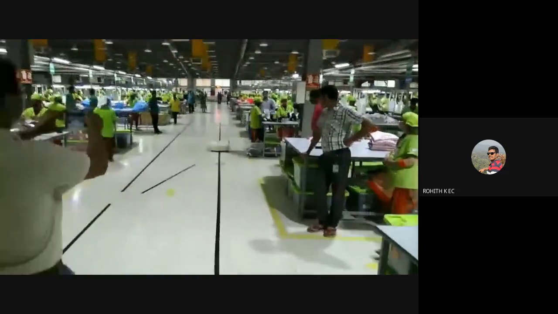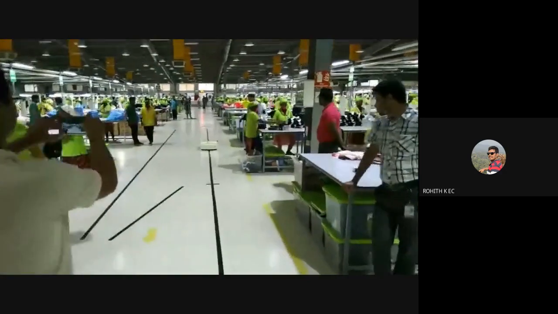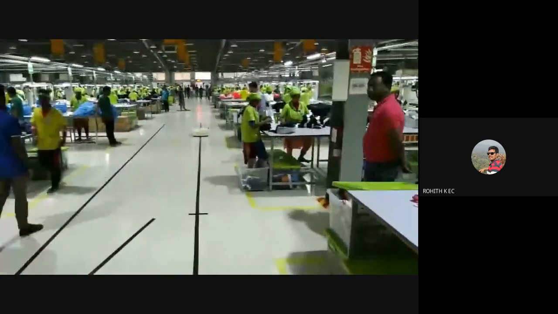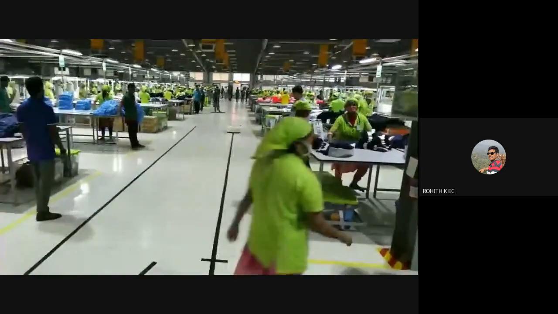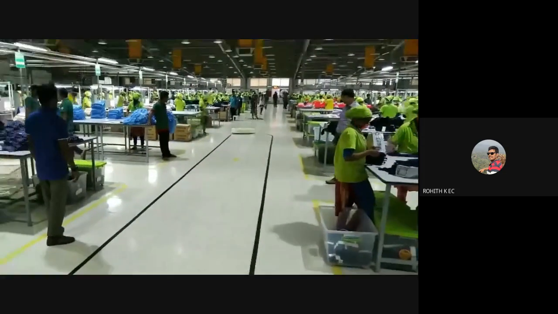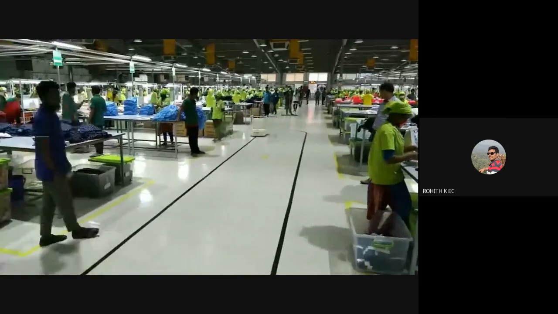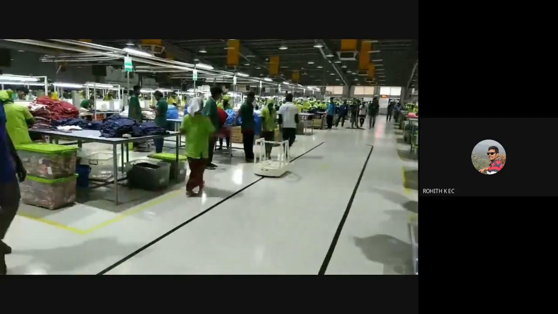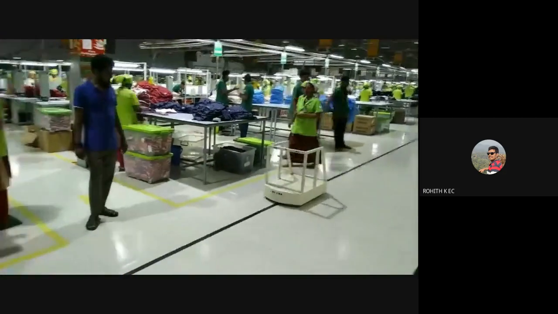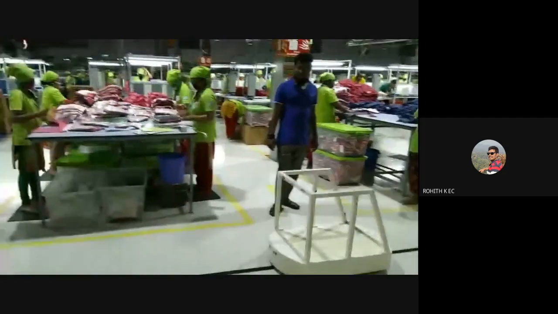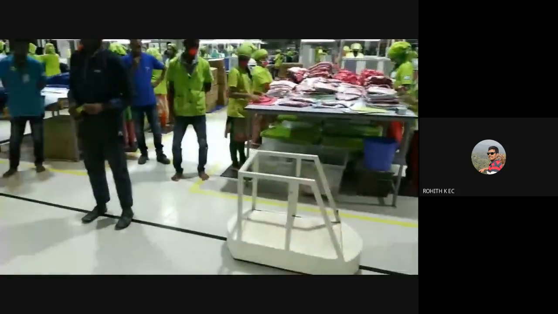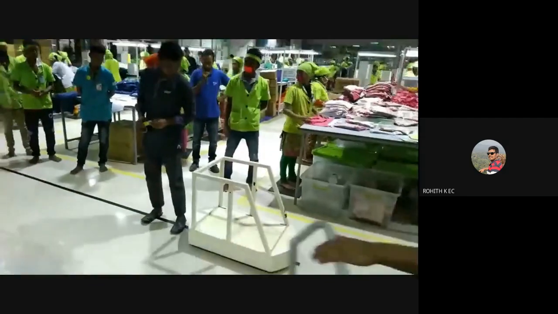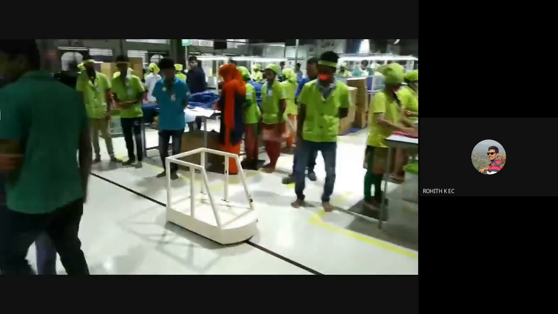It can also be manually controlled. So here they have a switch. They'll manually stop it, and they'll load the goods.